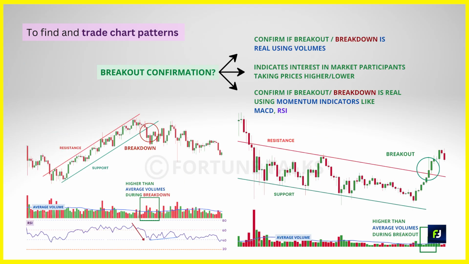And these confirmations can come in the form of higher than average volume, which could in turn signal an increased amount of market participation, or a breakout can also be confirmed using momentum indicators like RSI or stochastics. Sometimes using volume data and indicators in tandem can yield a much stronger signal. So in this case also, we should try to ride the price move using trailing stop losses, thereby maximizing our